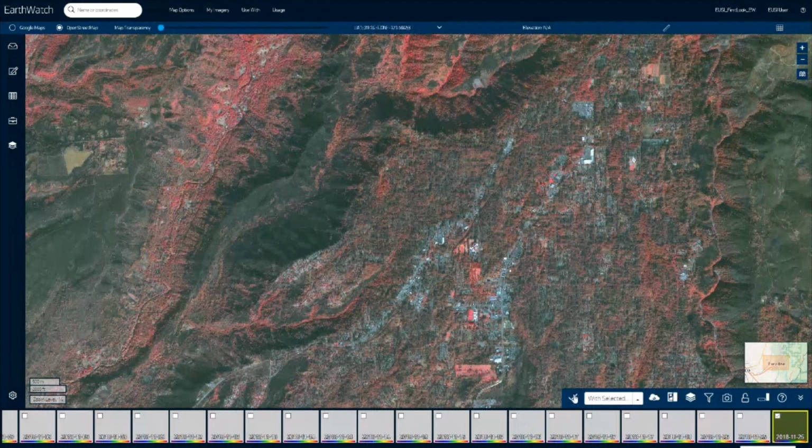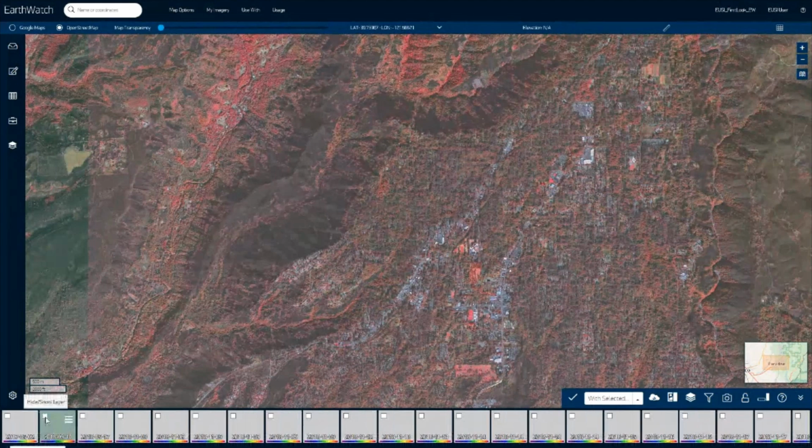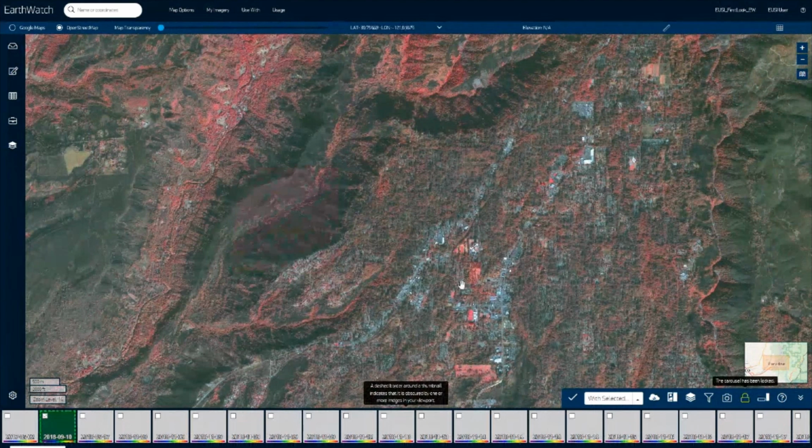And as I said, with EarthWatch, a lot of before and after disaster imagery gets inserted, so we can have a look for imagery taken before that event happened. And with the compare feature that Arnaud has shown, we can have a look at how the vegetation looked before.